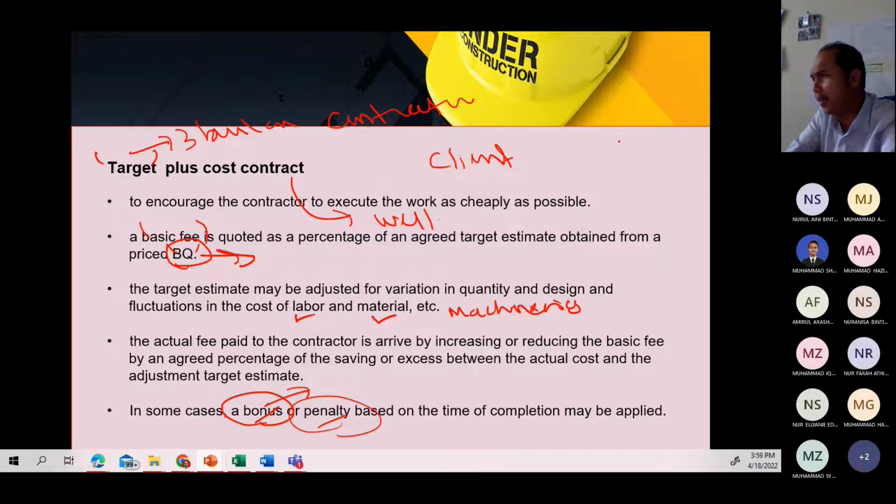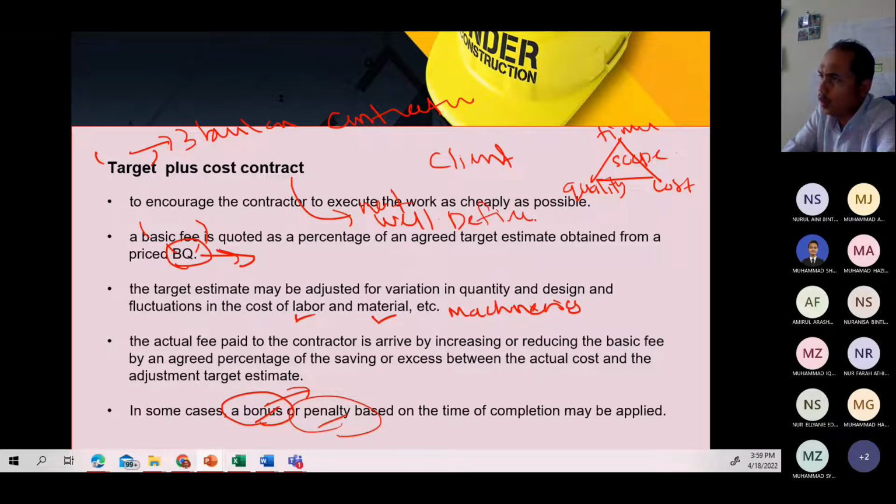So dalam mana-mana projek pun kita melibatkan these three lah. Kan? Dalam scope of the project dia melibatkan time, cost and quality, and then comes lah ada yang lain-lain, contohnya safety, sustainability dan sebagainya. So scope of the project ni kalau not well defined, so maksudnya bila not well defined ni mungkin